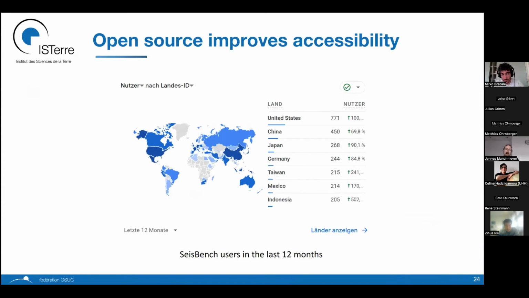The second point I have is that open source improves accessibility. Now, many of us write code. And even if we don't publish code, it still happens that we talk to a colleague and say, I can give you my code, or they ask, can you give me that code? So if we do not do open source, we'll probably still share code. The problem is we'll share code only with the people we know: people we meet at conferences, people we are in the labs with.